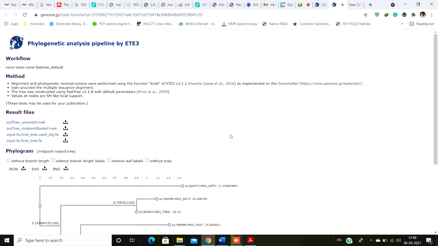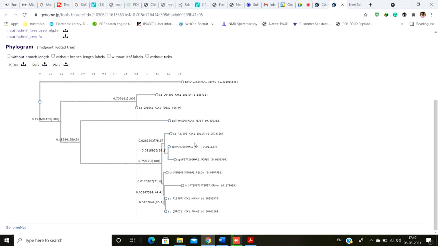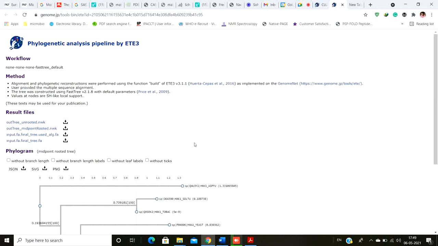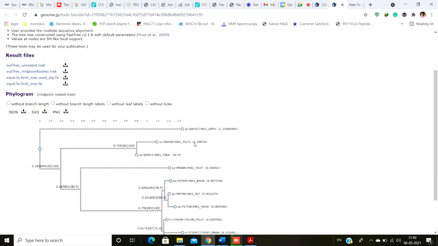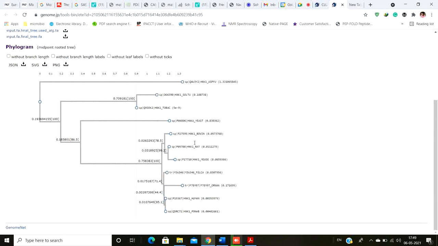Okay. So that's why this particular method or server is very good, because it not only aligns your sequences together, but also develops the phylogram. You can also develop the phylogram. Now obviously you can use both protein and nucleic acid sequences here. I have used protein, but you can also use nucleic acid sequences here to generate all this data.